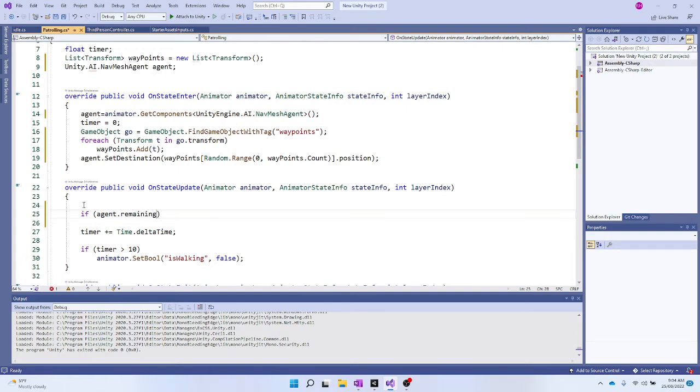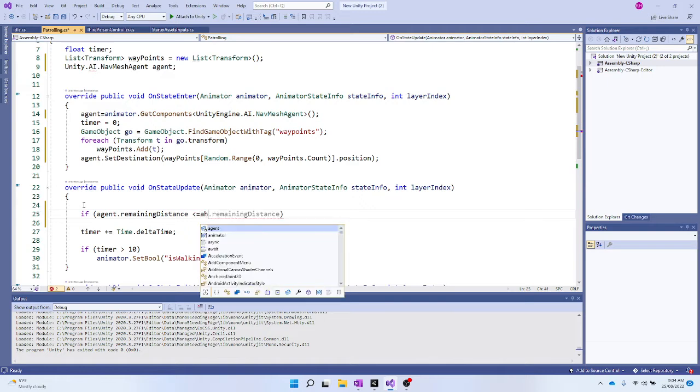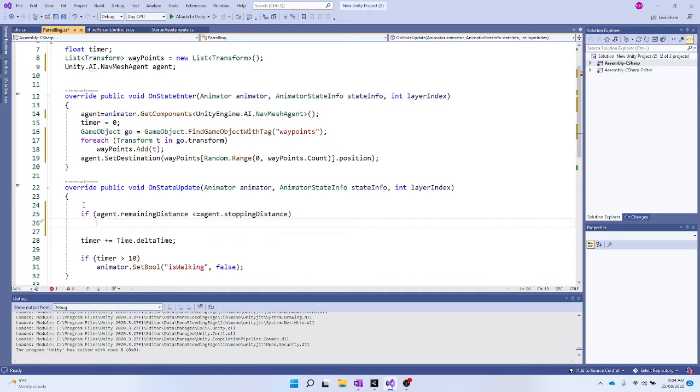So if the remaining distance is less than or equal to the agent.stoppingDistance, that's another word we can use in there. These are reserved words. So we're asking it if the distance is within the stopping distance, then agent.SetDestination